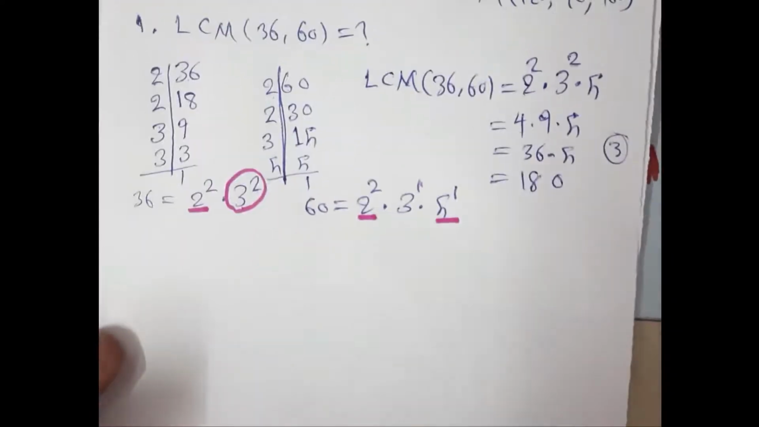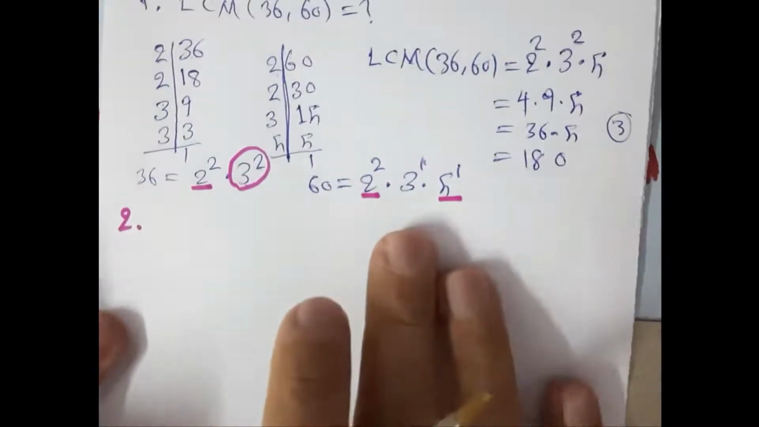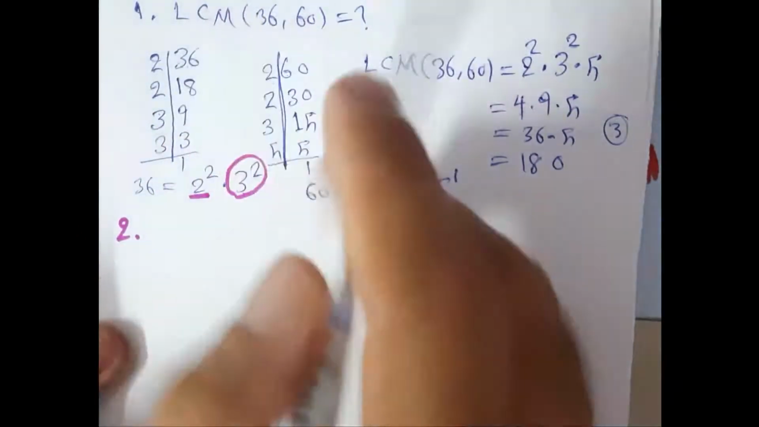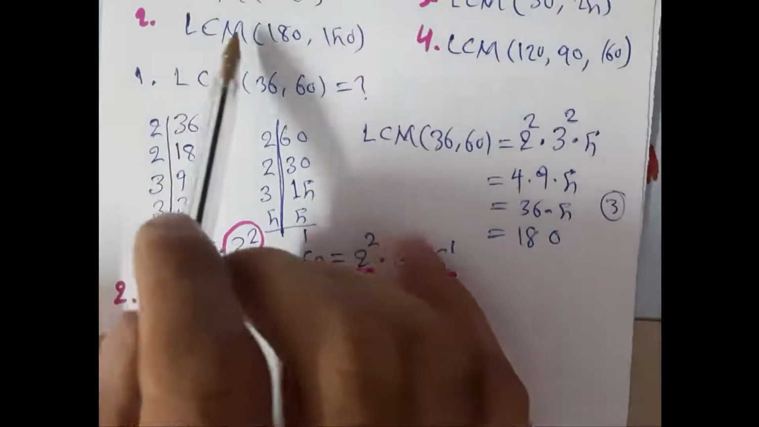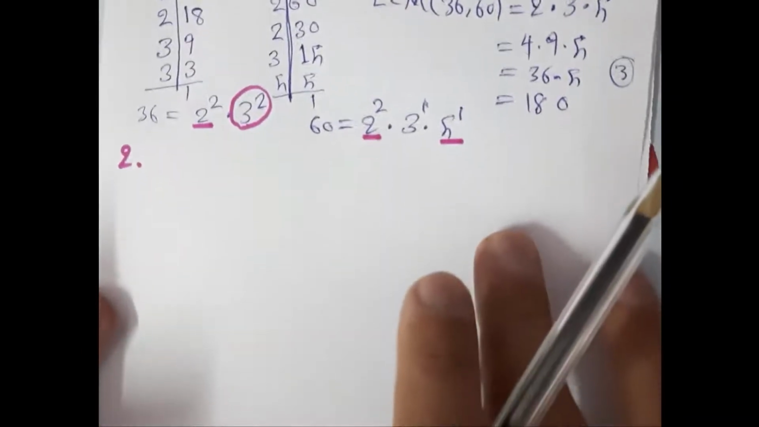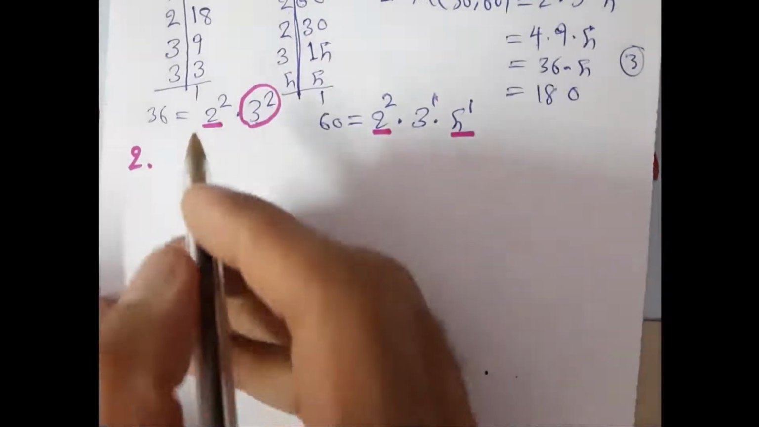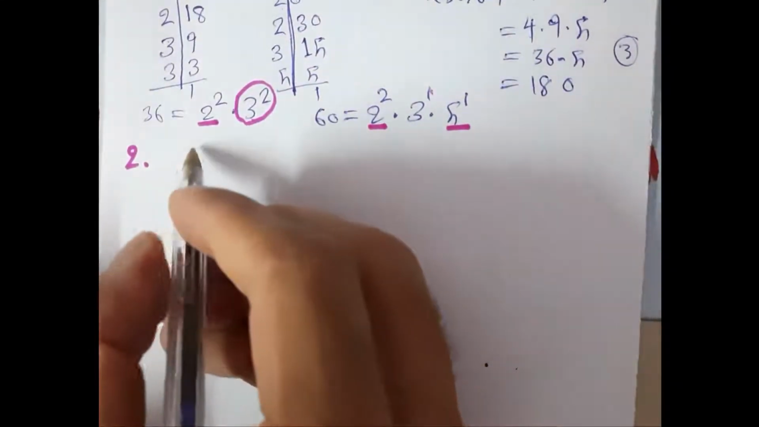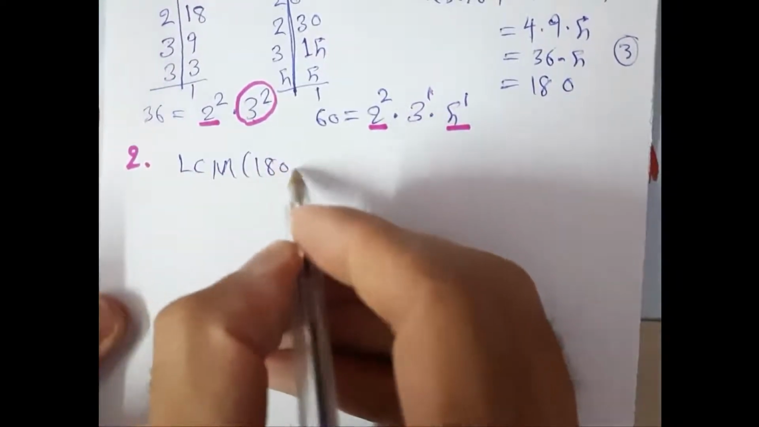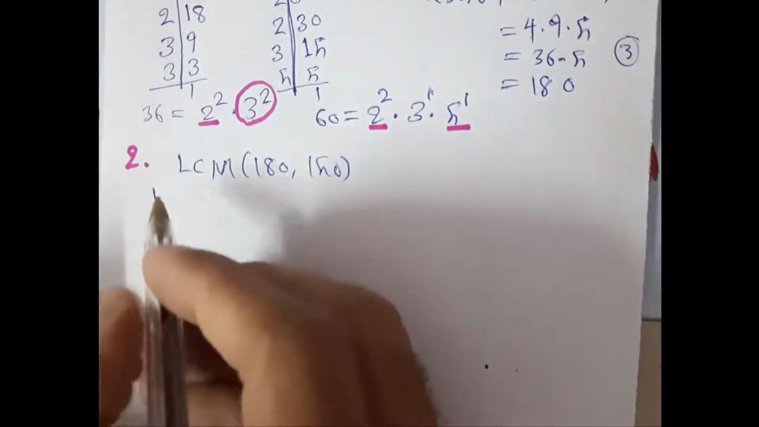Number 2, we have 180 and 150. Both of them we want to change into prime factors. So first one, LCM of 180 and 150. 180 divided by